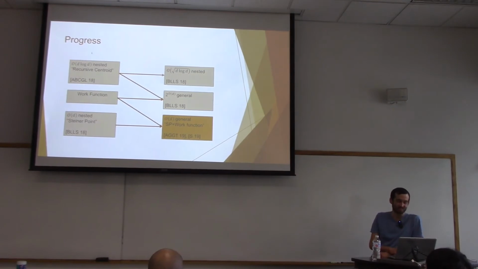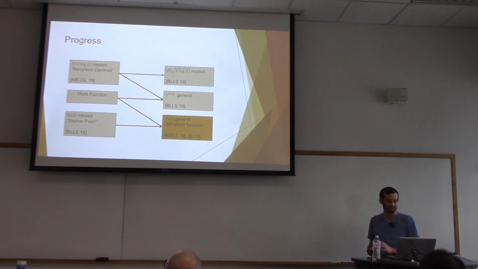So, right. This algorithm right here, d log d for the nested case, was improved to a square root d log d, also for the nested case. Then in order to generalize this idea, there was something called the work function, which was brought into play, and the combination of these two ideas, plus a lot of other ideas, led to the first algorithm for the general case. At the same time, these are actually two separate papers by the same four authors, but in the same papers they gave a separate algorithm, which is just this beautiful, elegant algorithm called the Steiner point algorithm,